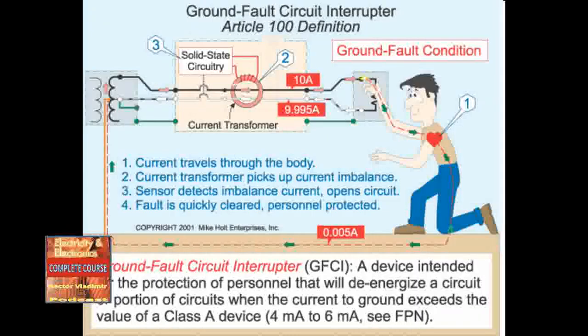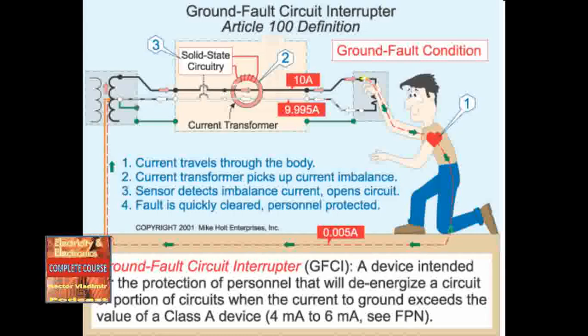A ground fault interrupter provides protection by monitoring and comparing the current through the hot and neutral conductors. A complete circuit has the same current in the hot and neutral conductors. If a ground fault occurs, part of the current will flow to ground. When part of the current flows to ground, the comparator circuit detects an unbalanced condition between the hot and the